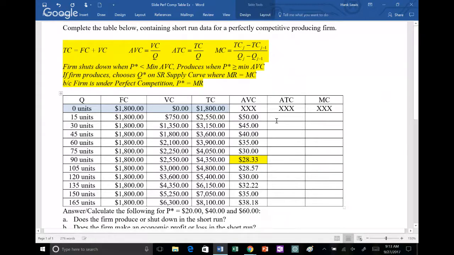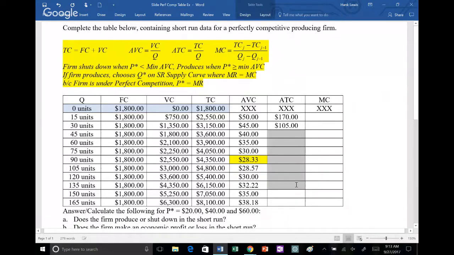Okay, well, the next calculation is the average total cost. Column 4 is total cost. Column 1 is quantity. We have to start with the second row. $2,550 divided by 15 units is the first average total cost, which is $170.00. $3,150 divided by 30 units, that is the next average total cost, and that's equal to $105.00. So everything here in column 6 is basically column 4, total cost, divided by column 1, which is quantity of